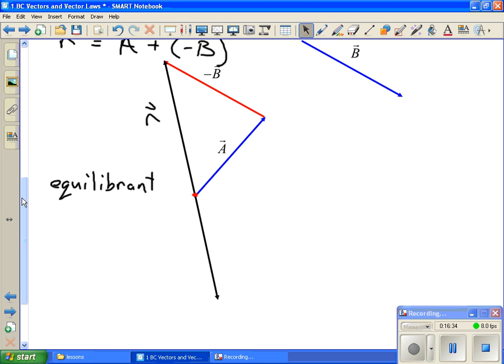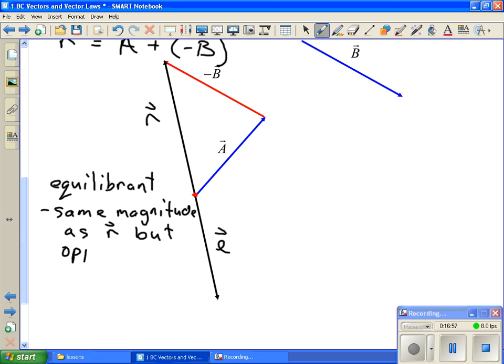This one right here would be vector E, the equilibrant. And it has the same magnitude as R, but it is in the opposite direction. All right, so